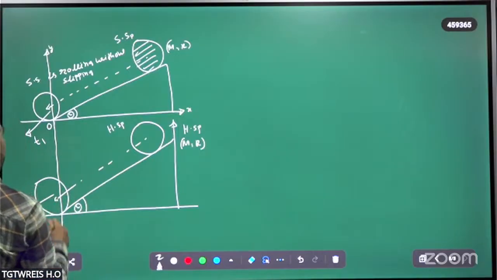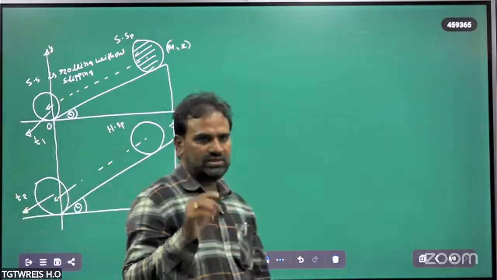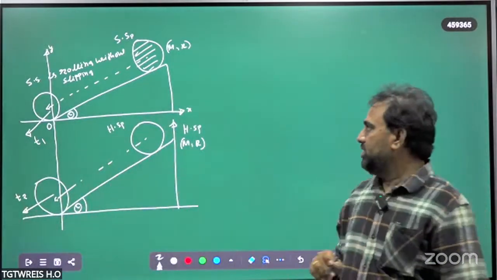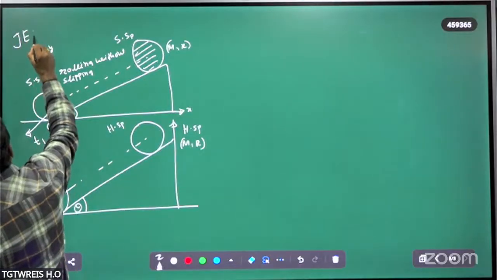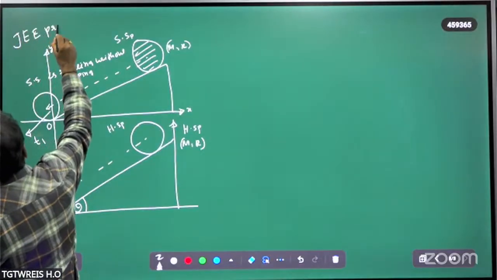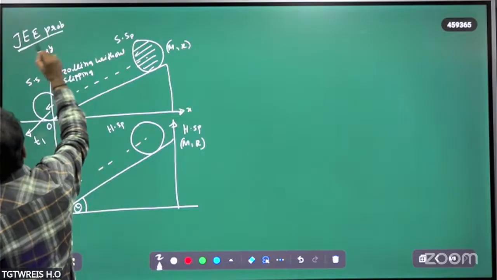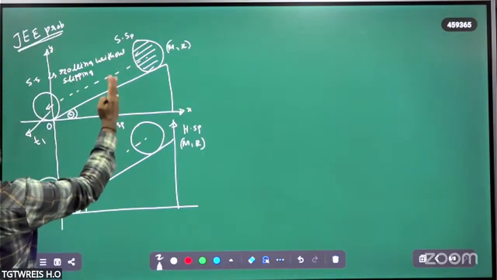So this was a question. It is a very important question. This is a JEE problem. See, a solid sphere having the mass m and radius r is